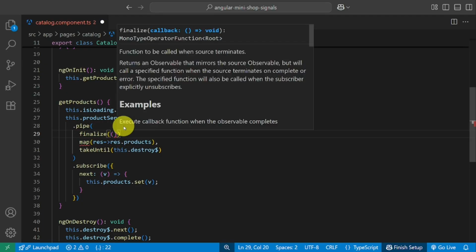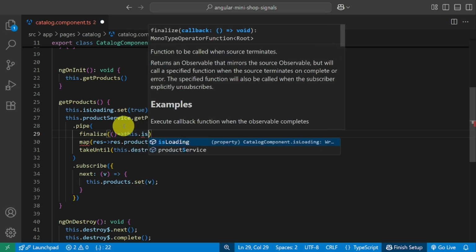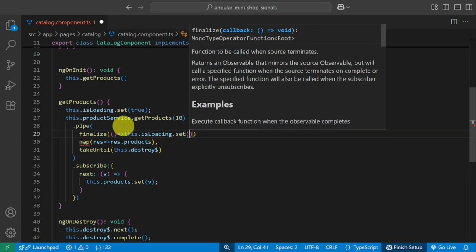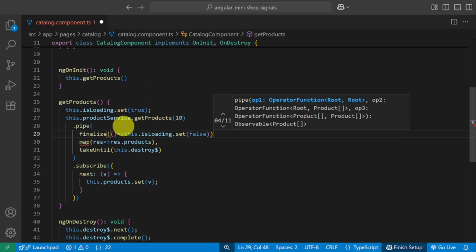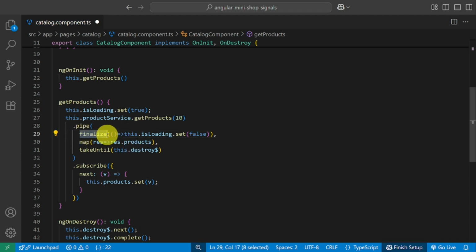Now finalize gets a function as an argument, and we pass isLoading false into it. Now we have finalize, map, and takeUntil inside a pipe, chained together. Great.